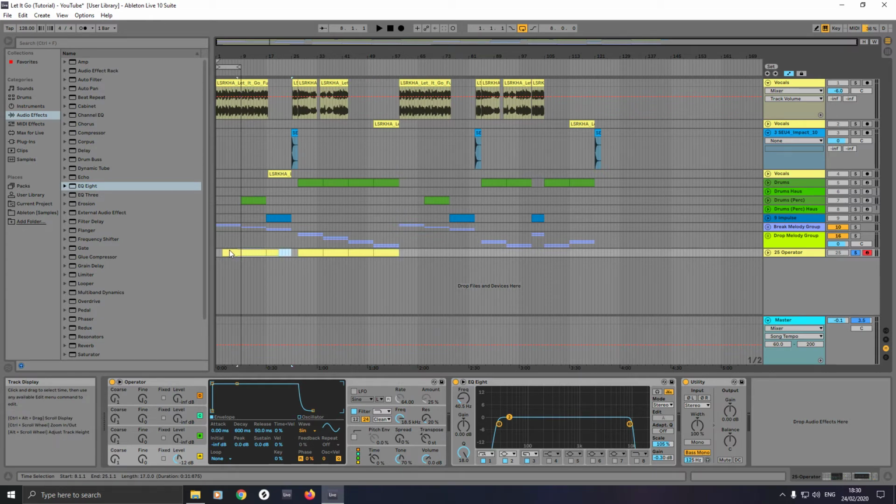Then we'll highlight from here all the way across and drag till the end, so it's in the exact same position for the break 2, and then we'll just press Ctrl on that one, this one, so they're all highlighted, and we'll drag that over for drop 2. They're not all in sync, so this one here, we'll drag this out, we'll drag it to about here, we'll move that one over there, then press Ctrl and D. Now our sub bass has been added,